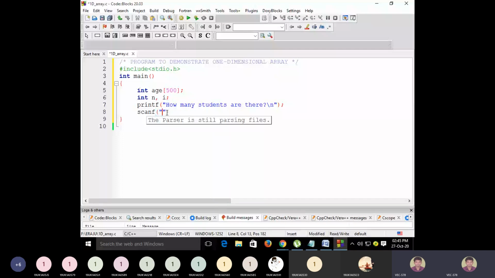So read the number entered by the user, then say address of n. Only n students' ages I would like to store. Then ask the user to enter those students' ages. So then say printf, ask the user to enter %d students age values.